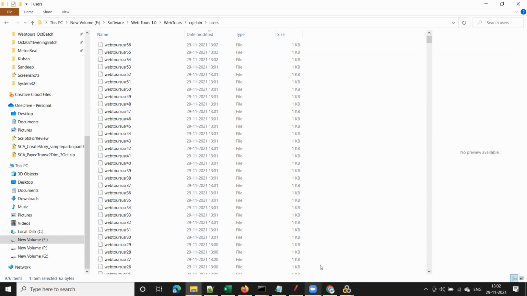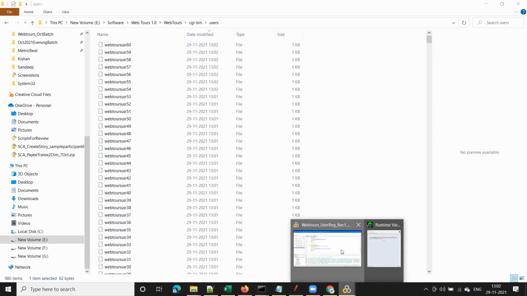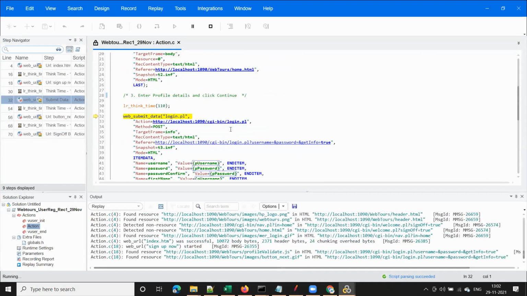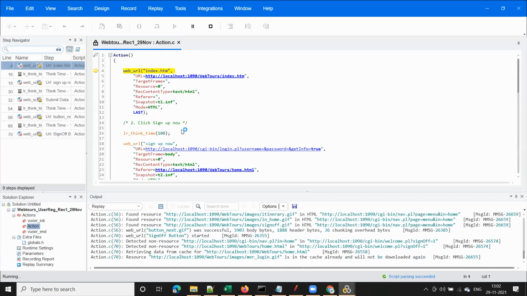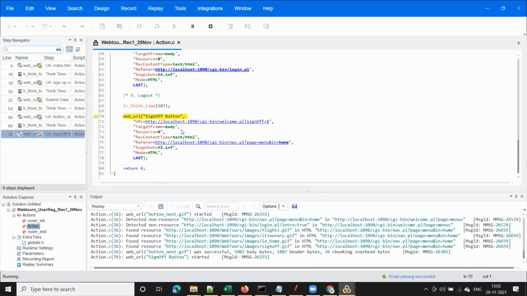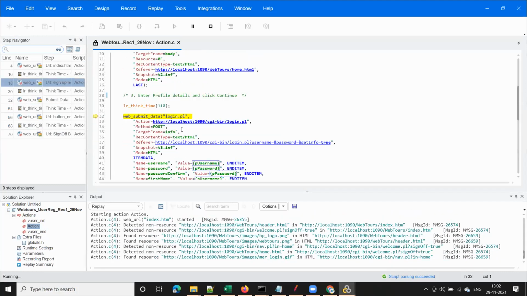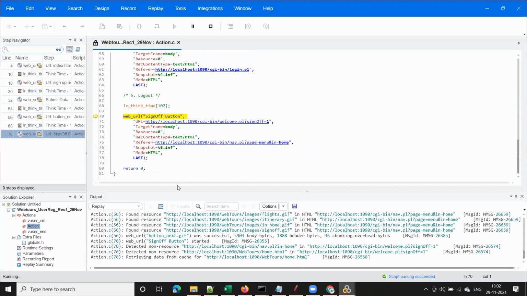In the same way, like username and password, all users don't have the same address and all those things. You can keep that user address also in the parameter file. Address and contact can be in the parameter file. No need of a separate file. You can give it in the same data file and just separate with a comma. That's it. I'll show you that once this is completed.